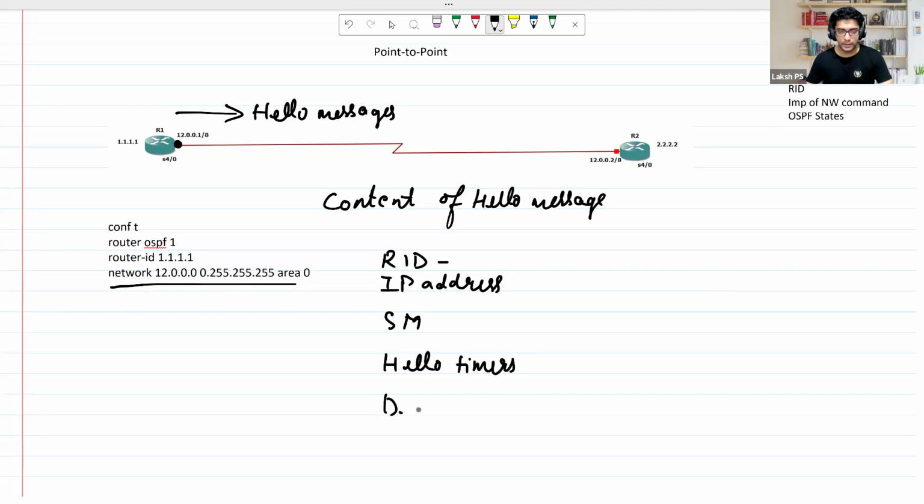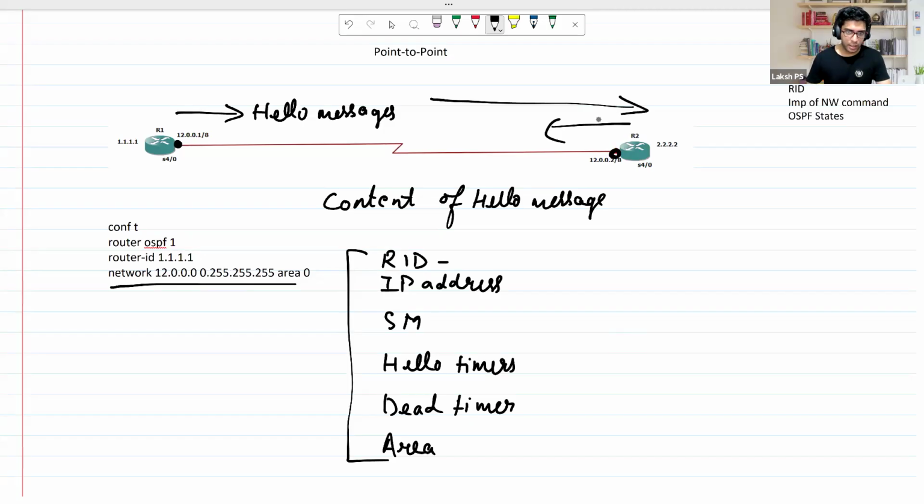Okay, the hello timer, the dead timer, area. These are the few main parameters that are sent in a hello message. Now, why are these parameters important? Because when R2 also enables OSPF and sends a hello message, they both check: are my parameters the same? Is the hello message that I have received from the other router similar to my parameters or